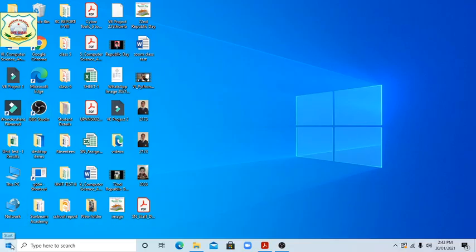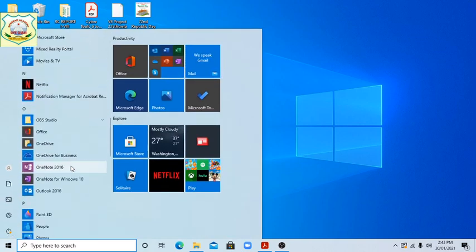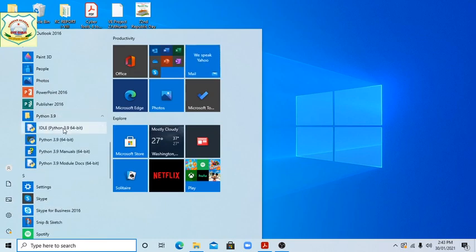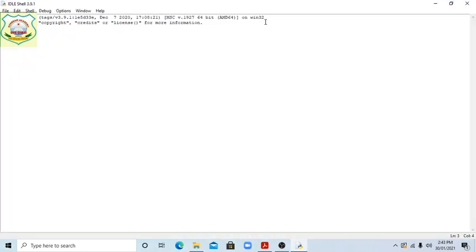How to open Python, you know that, students. This is the latest version we have downloaded. It is open now. So students, here we will write a equal 100.